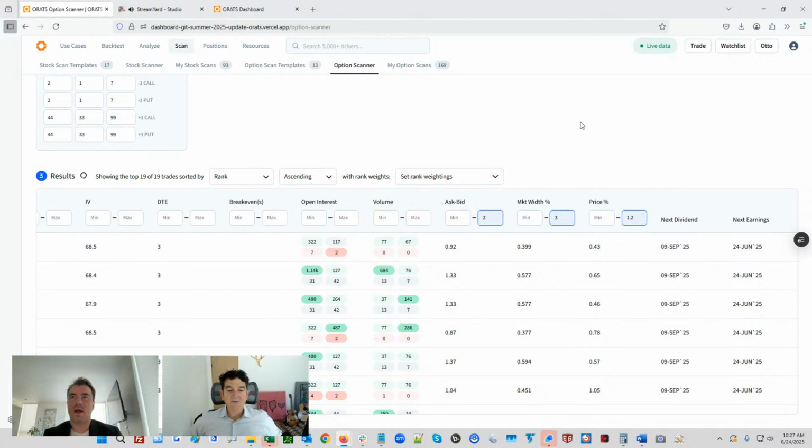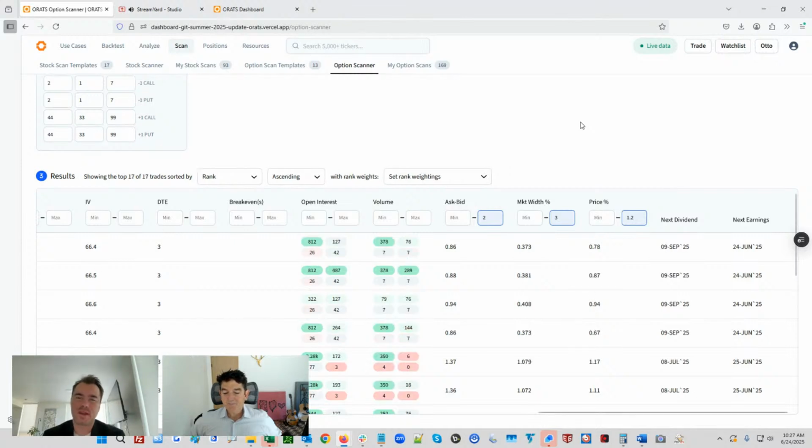Yeah, and that's what the option mechanic I do. I think you make a good point there. There's no point in having this just spit out trades that you don't want. There's enough filters and enough things that you can do to make this so that you're really only seeing